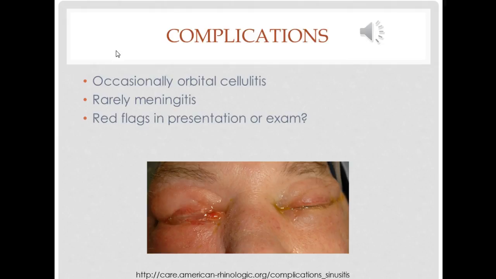So I want you to think about and conjure in your head, based on your reading, what would be some of the red flags in your presentation of the patient as they tell you their story, or on your physical exam, which is where you may pick up some of the subtle signs of neurologic impairment. These next